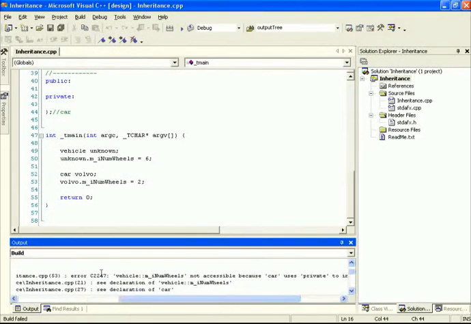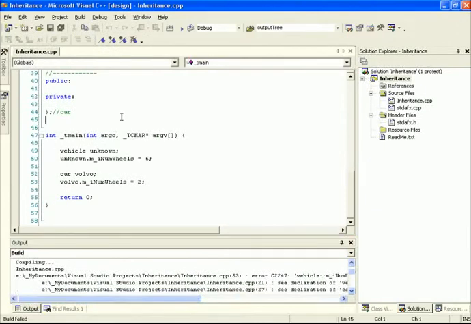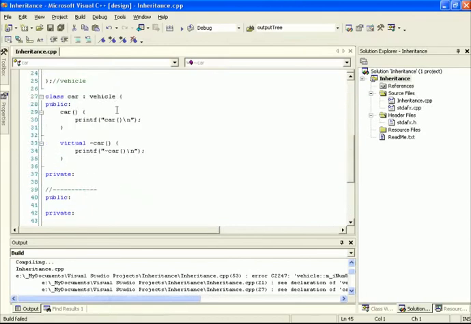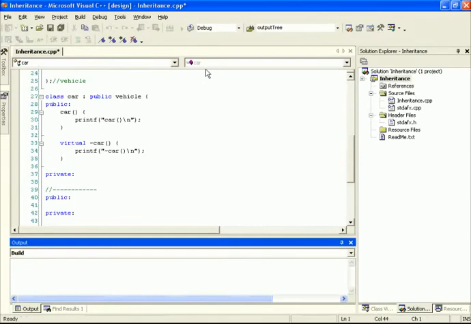The way we've defined this is that vehicle cannot access car using private to inherit from vehicle. What this means is up here the number of wheels is public to this class. However, when we've inherited here, we've inherited vehicle to be a private class rather than a public one. If we want to inherit publicly, we would just type in the keyword public, and as soon as we compile